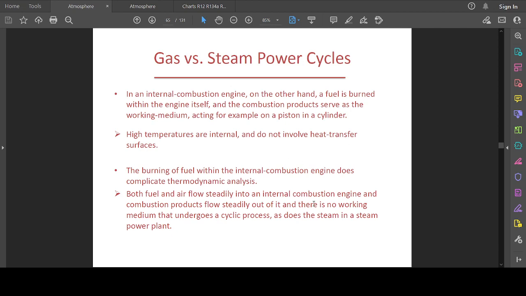So the burning of the fuel within the internal combustion engine does complicate the thermodynamic analysis. Okay, so if you burn the fuel in the internal combustion engine, then the thermodynamic analysis is affected. So both fuel and air flow steadily into an internal combustion engine, and the combustion products flow steadily out of it, and there is no working medium that undergoes a cyclic process as does the steam in a steam power plant. So in a steam power plant, the cyclic operation of the working fluid is an advantage over that of a gas power cycle. Okay,